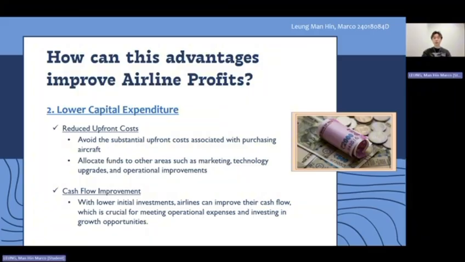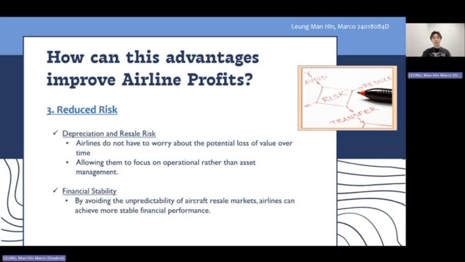An airline can also have a cash flow improvement. With lower initial investment, airlines can improve cash flow, which is crucial for meeting operational expenses and investing in growth opportunities. And for reduced risk, the depreciation and resale risk will be borne by the lessors,